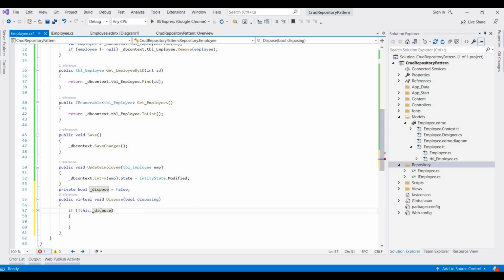It's disposed, then db context dot dispose,